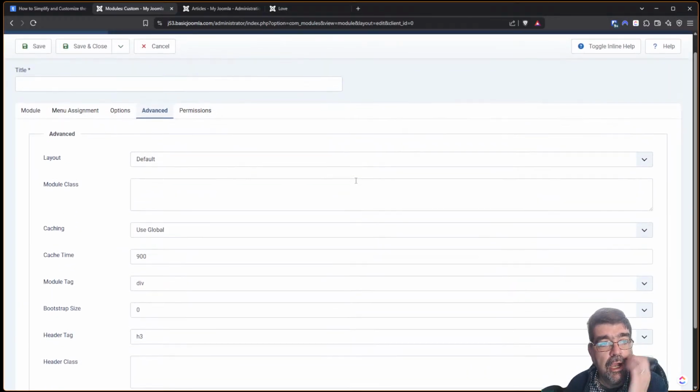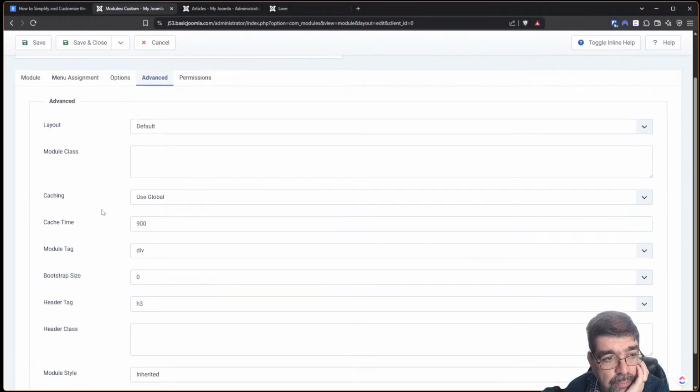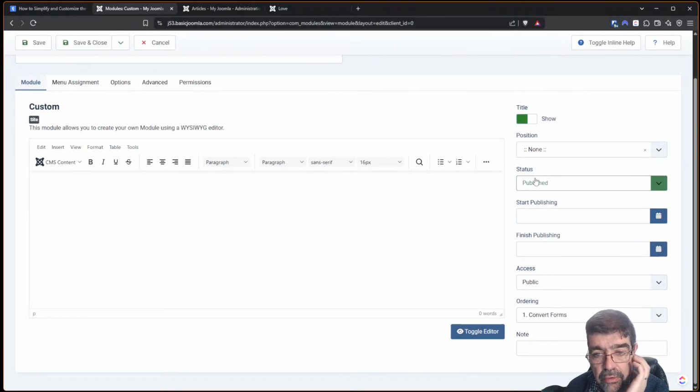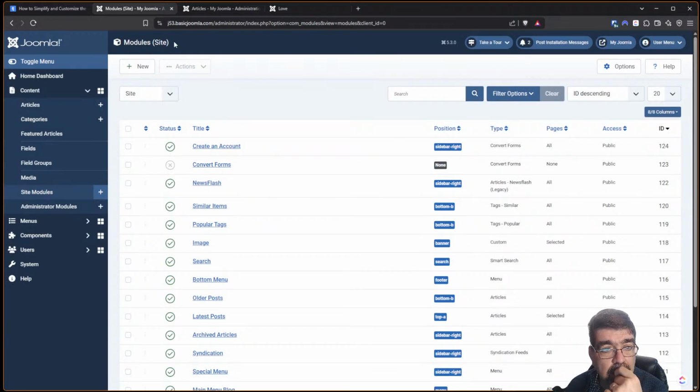I thought that there were options to control when things were published or not. Status, start publishing, finish publishing. Yeah, if you only want this form to show for certain times, we could go back